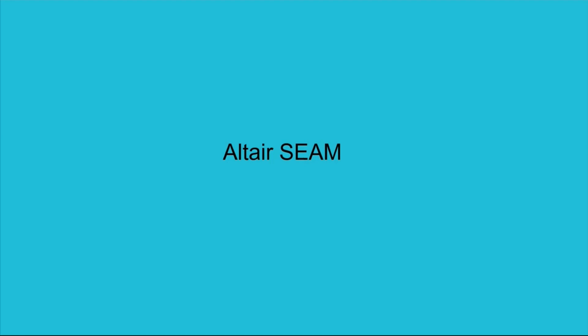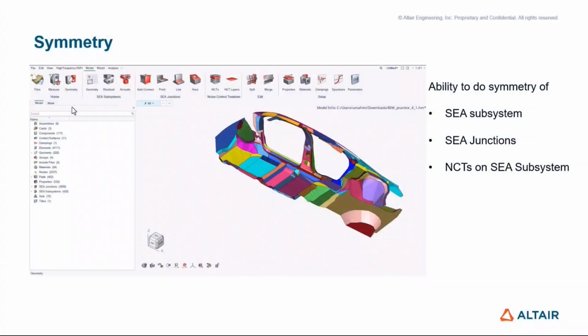Now in this .2, we are working on improving the overall workflow as well as making it easier for users to create the subsystems, which is very typical of normal FE mesh building. To enhance these capabilities, we started working on a symmetry option, in which you can mirror the